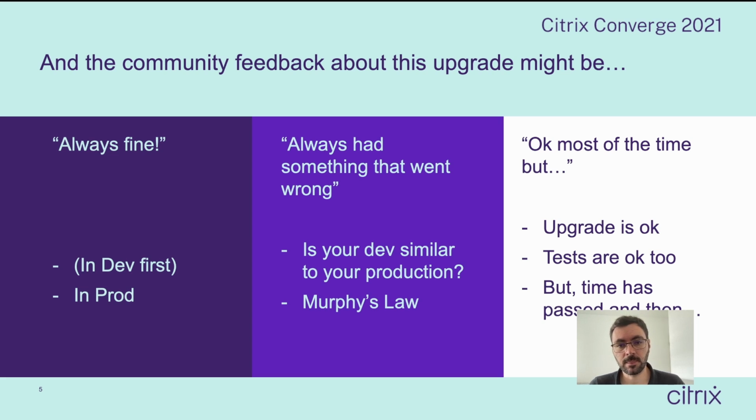Maybe dev is okay, but prod is not, because of a tiny little detail that does not exist in dev, and it may not be particularly linked to Citrix. It could be your antivirus, a third-party tool, some GPO, or an undocumented setting that has been set on your delivery controllers. And with Murphy's Law waiting for the first error to happen before starting what could feel like the end of the world,